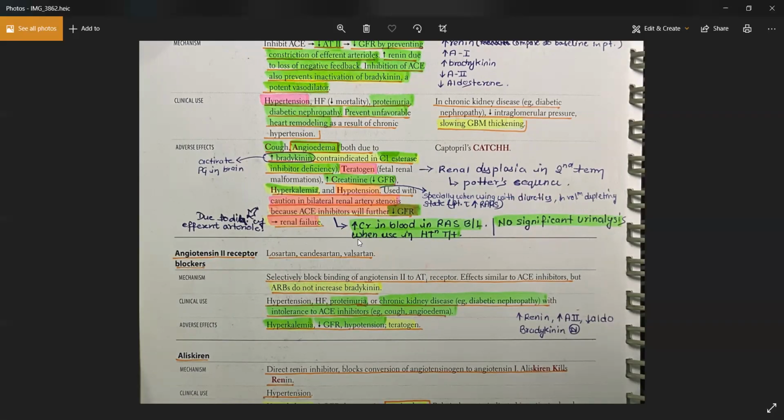If you have renal artery stenosis, you need the GFR to maintain the renal functions, and you need the constriction of the efferent arterioles for that. If you give the patient these ACE inhibitors or ARBs, you cannot have the constriction of the efferent arterioles. Because you already have decreased renal perfusion, that will further decrease the filtration fraction of the patient, and that can lead to a rise in the creatinine. If you have a unilateral stenosis, you won't have any rise in the creatinine, or a very mild rise. Only in bilateral artery stenosis will you have a high level of creatinine.